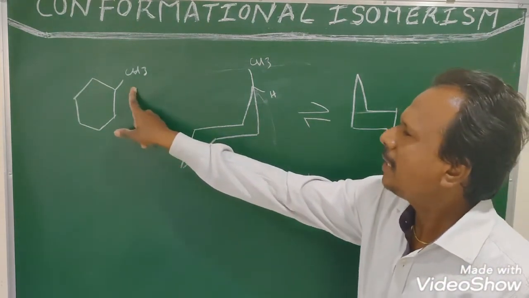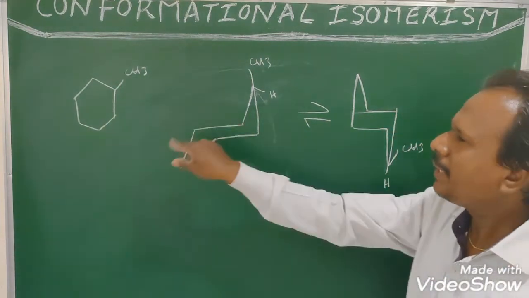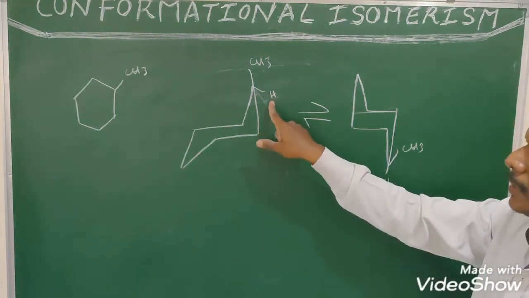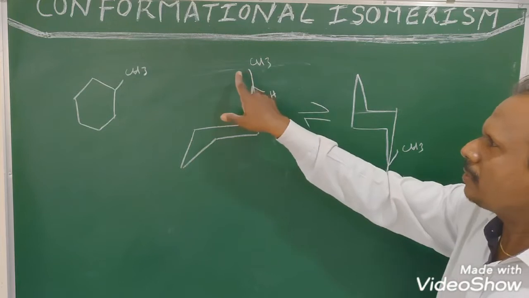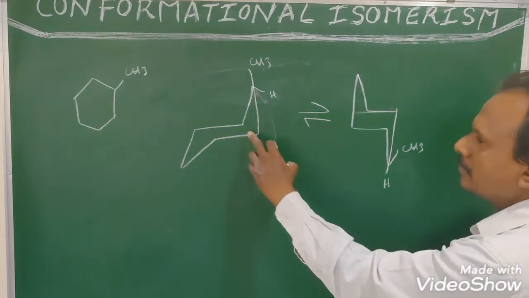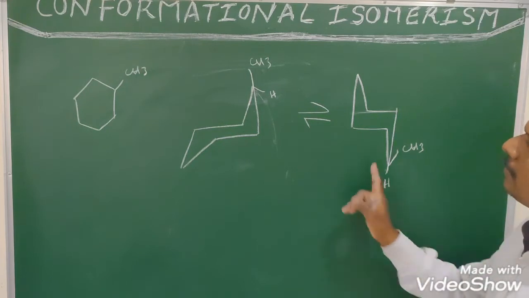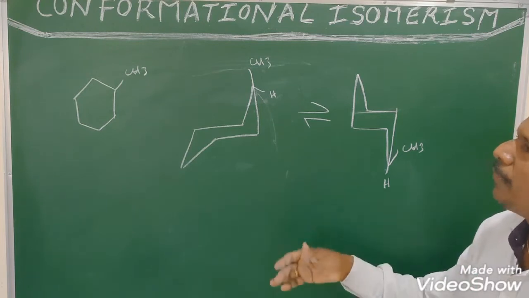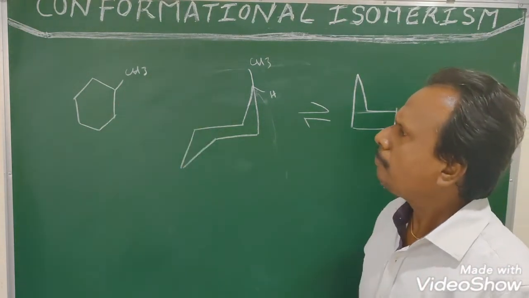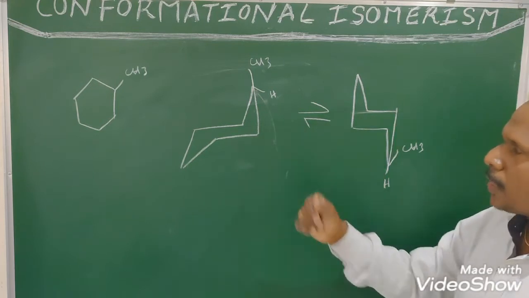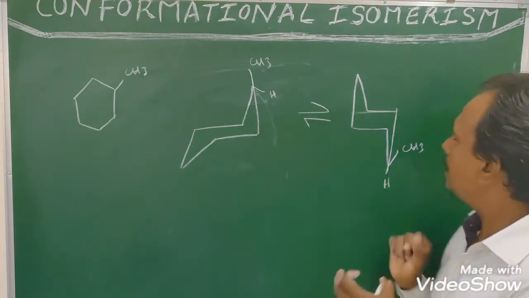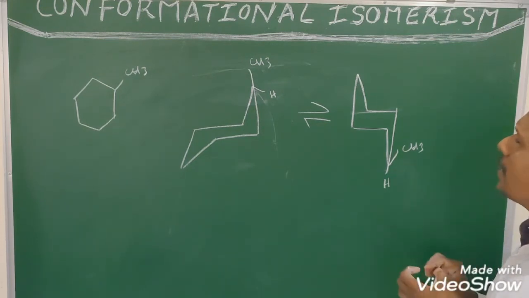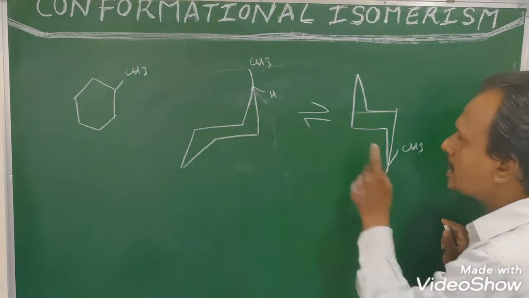So this is methyl cyclohexane. Every cyclohexane derivative exists in two chair conformations. It is one chair conformation, where methyl occupies the axial position. Due to flipping, it becomes the other chair conformation. These two are always in equilibrium. Which is more stable? If you take 1 mole of methyl cyclohexane molecules, the majority of molecules generally exist in this chair conformation. So what is the reason? As compared to the other chair conformation, it is more stable.